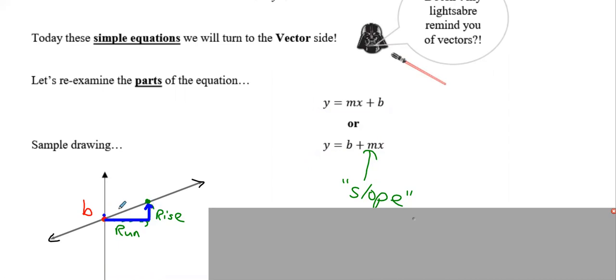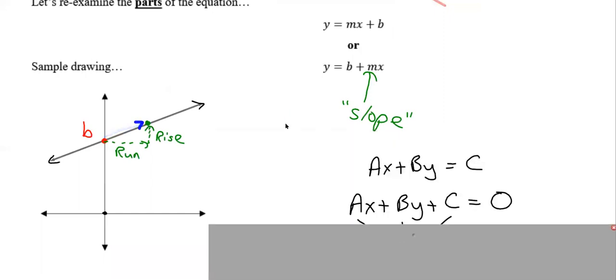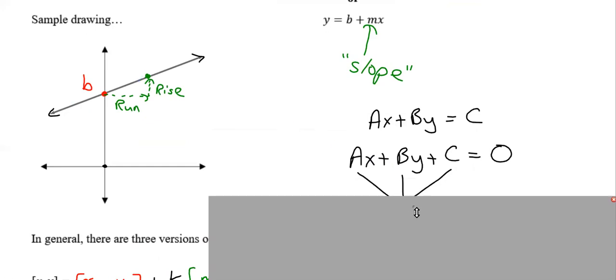So what can happen with vectors is you can draw a vector connecting 2 points on the line that represent the direction the line has to follow. And that's what we're going to be examining a little bit, and then some of the algebra that's with it, and some of the different algebraic